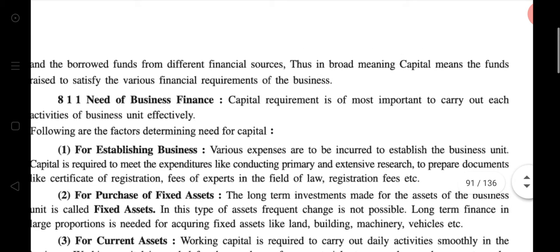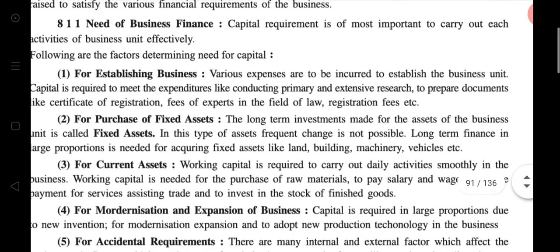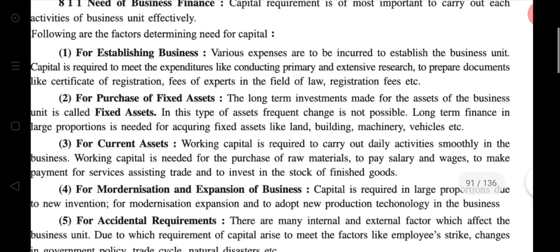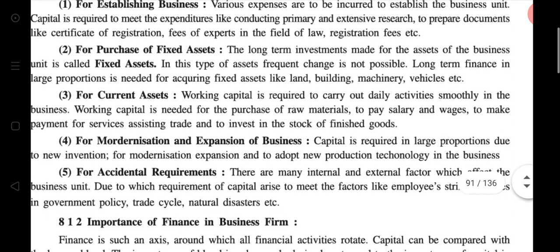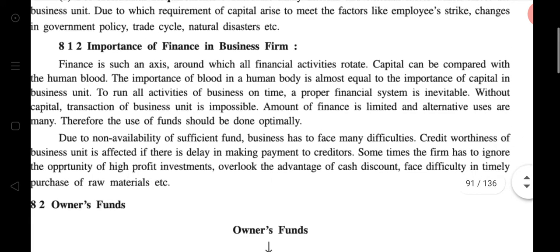First one, need: factors that determine the need for capital. For establishing business, for purchase of fixed assets, for current assets, for modernization and expansion of business, and for accidental requirements. Next one is